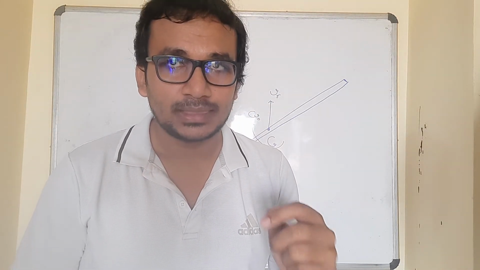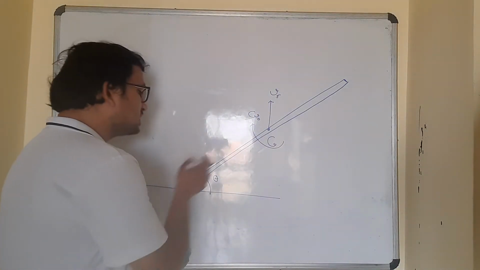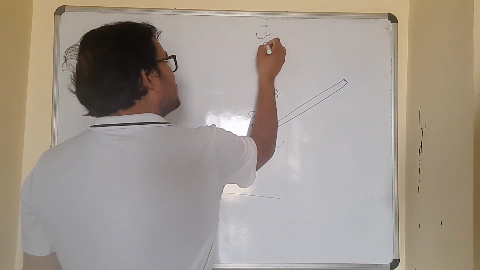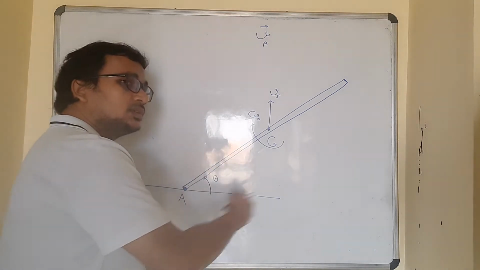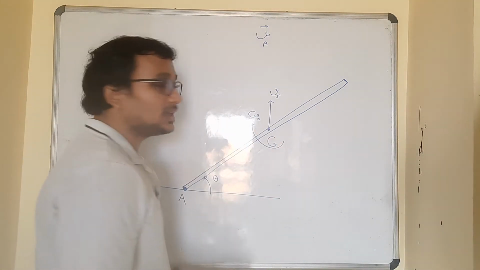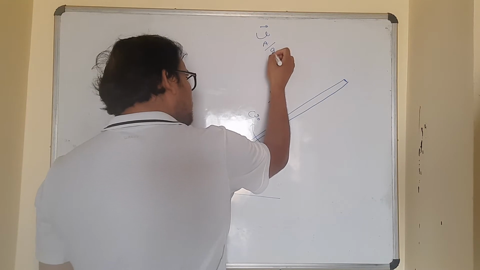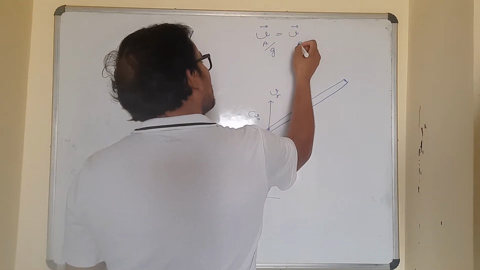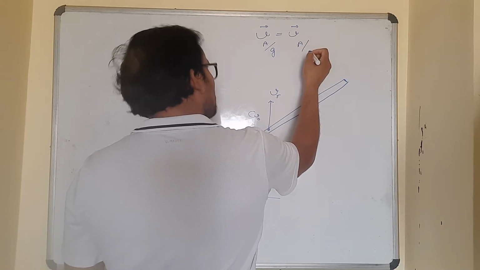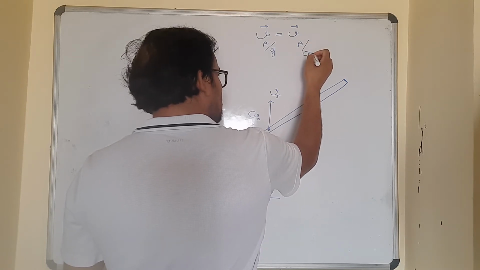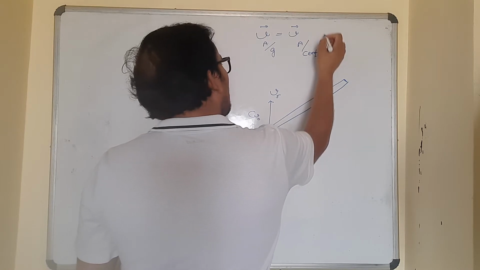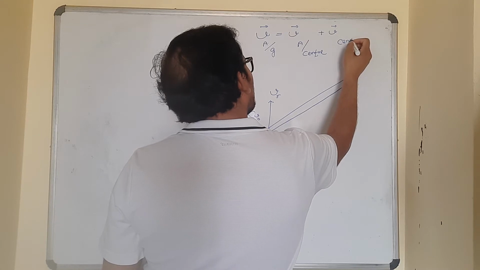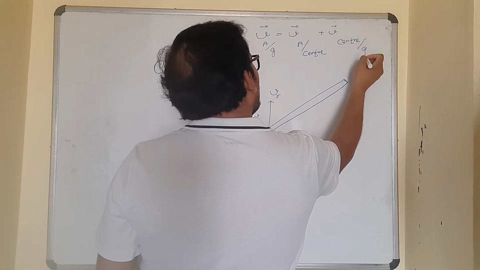Fine. So in combined motion, the velocity of any point is given by what? A vector sum of two velocities. What velocity do I want? I want the velocity of A after the collision. Absolute velocity? Yes, I need the absolute velocity. Velocity of A with respect to ground, meaning absolute velocity, will be a vector sum of two velocities: A with respect to center, or the axis, plus the velocity of axis or the center with respect to ground. Can I say this? Yes.